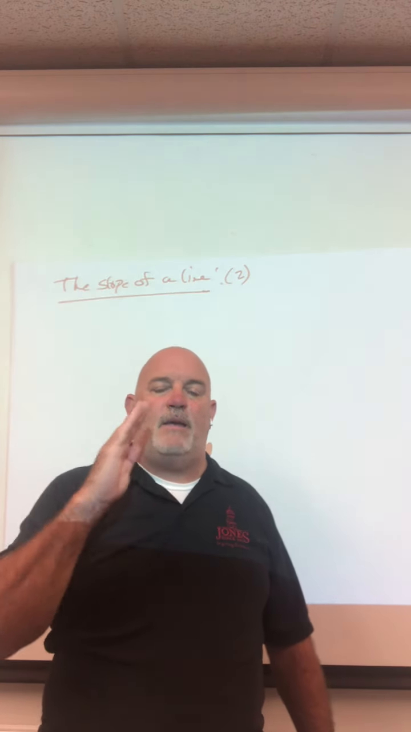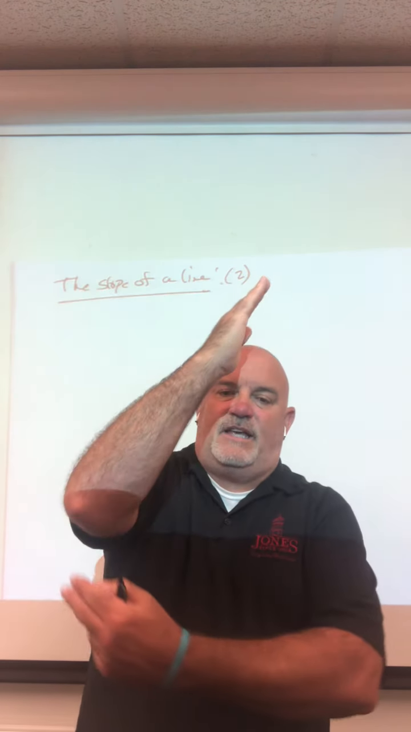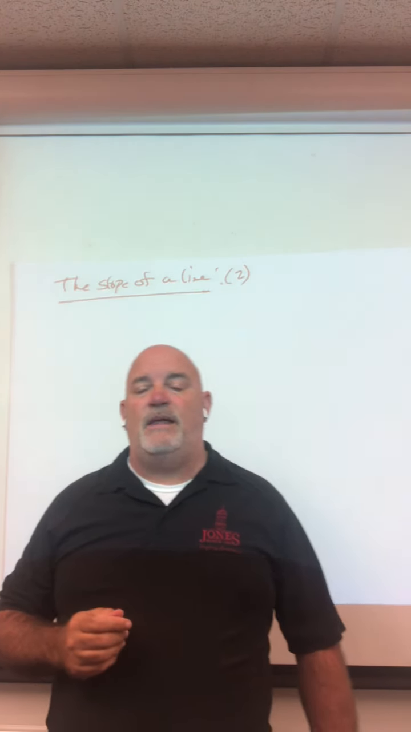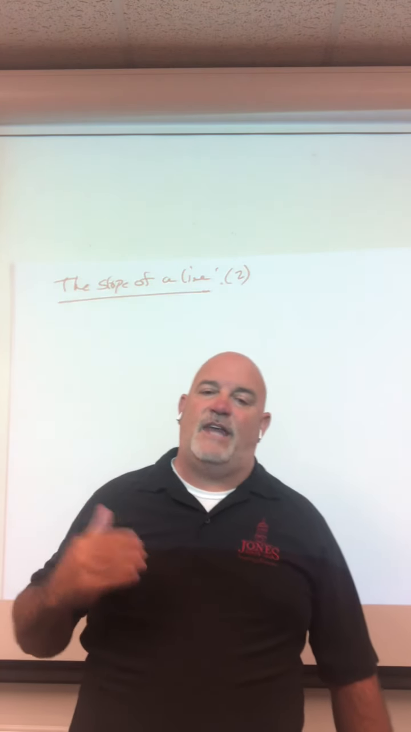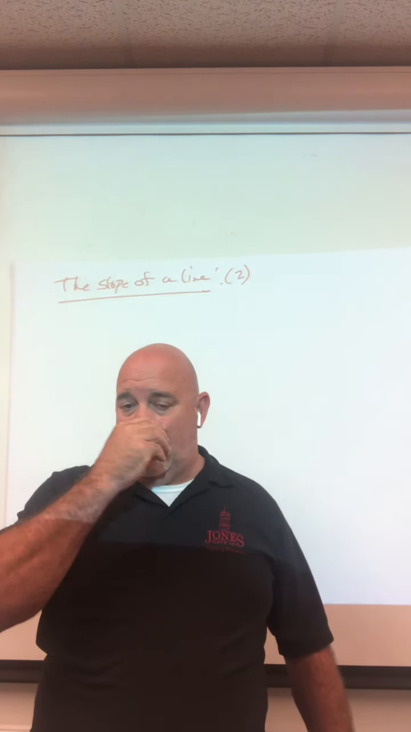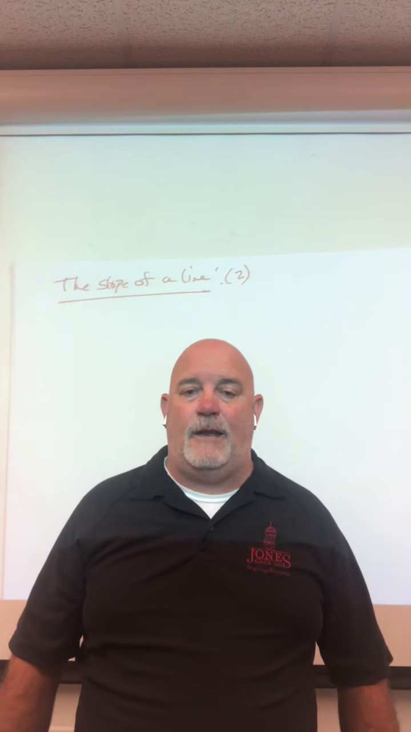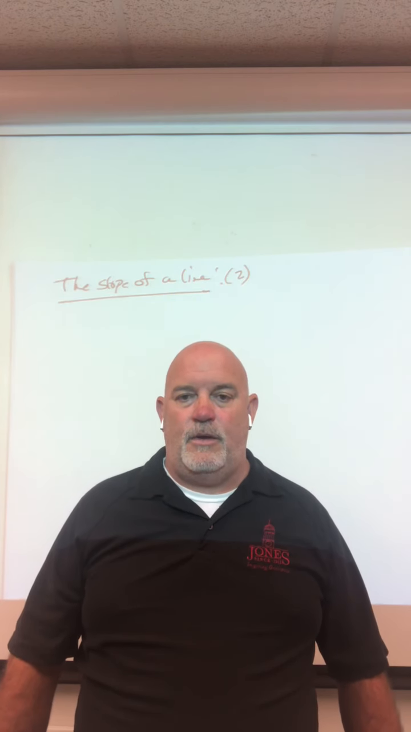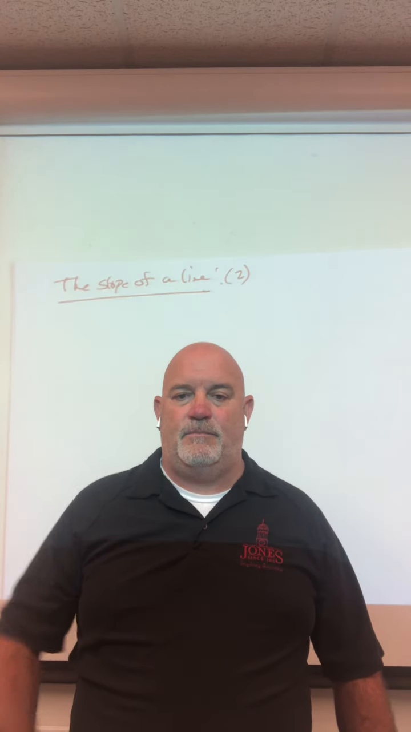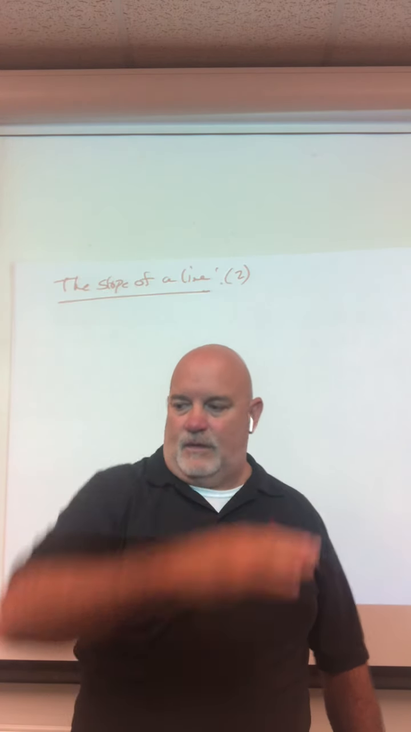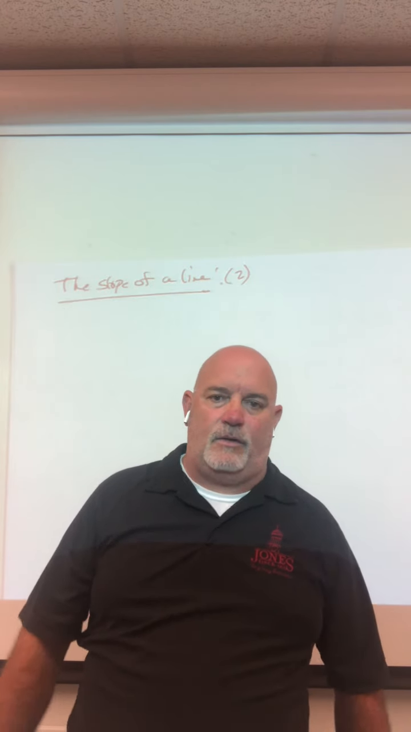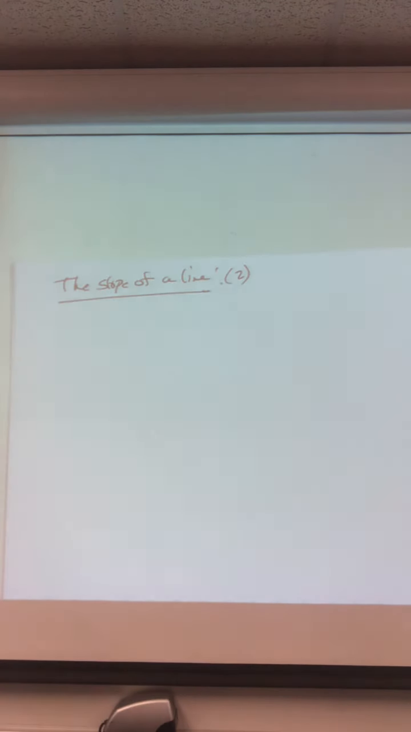Now, slope can be positive, which means it goes uphill from left to right. But slope can also be negative, which means it goes downhill from left to right. We'll talk about that in a few minutes. But let's talk first about a line with a zero slope. If a line has a zero slope, what do you think it would look like? It'd be perfectly flat. Like if you're walking on a floor, it doesn't go uphill or downhill. So a horizontal line